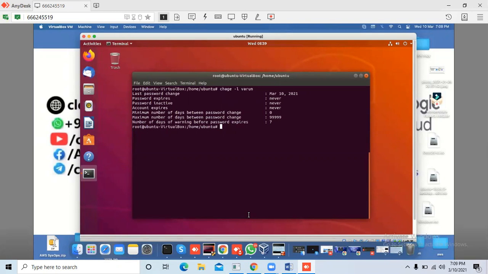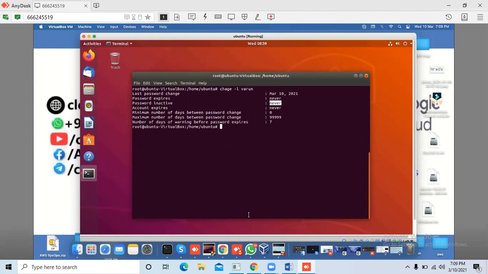If I set that my password expires on the 12th March, and I also set the password inactive to 2, that means I am able to log in for 2 more days. That means I set the password expiry for the 12th March, and I am still able to log in until 14th March.